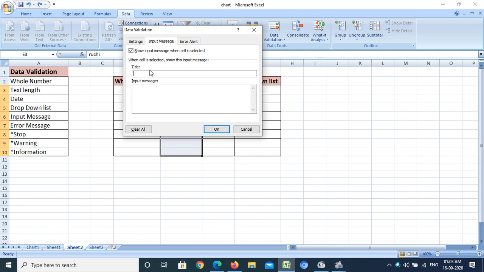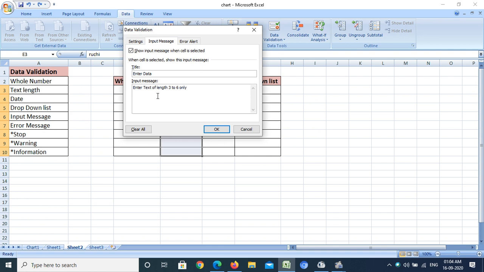Suppose I write the title as enter data, and my message is enter text of length 3 to 6 only.